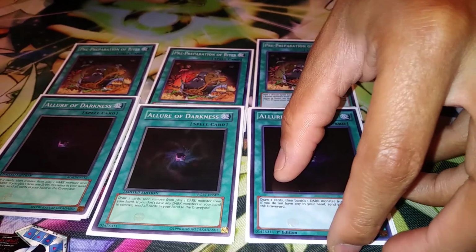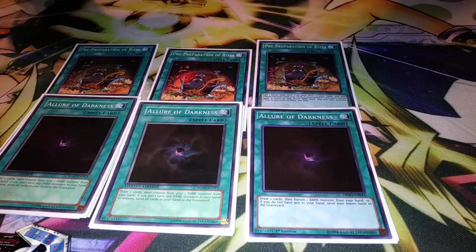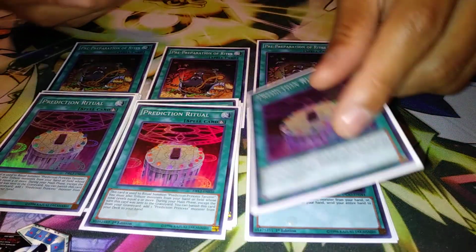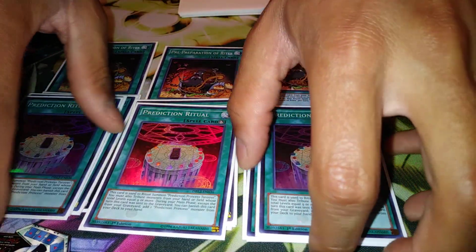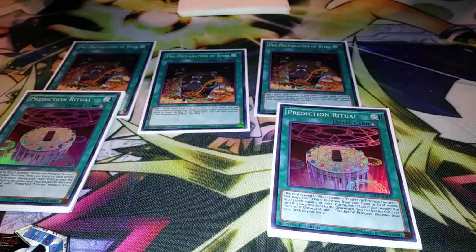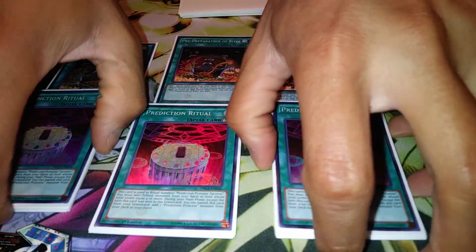So Allure of Darkness is just always live in this deck. It's really powerful. I love what it does. You need to draw in this deck a lot, because it's a ritual deck, so rituals utilize quite a bit of your resources, so you just want to recover and replenish everything that you've utilized that turn, so you're set and good to go next turn,